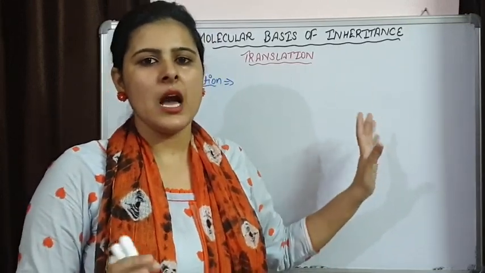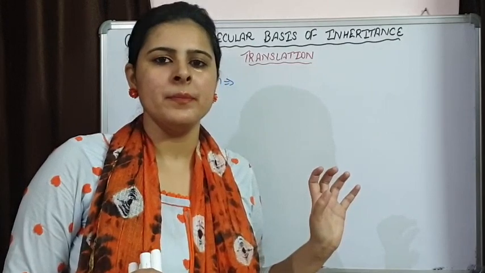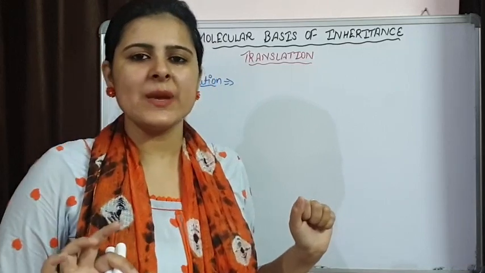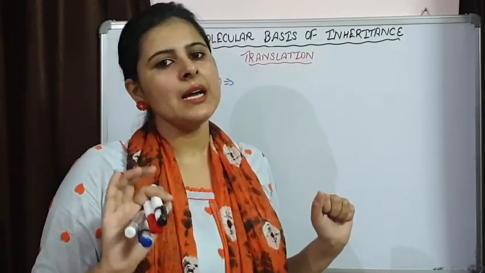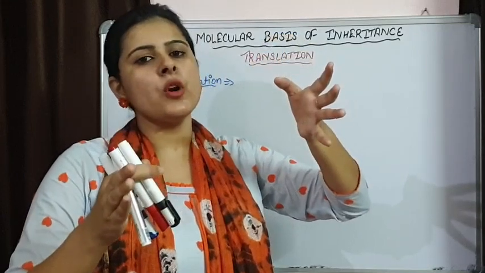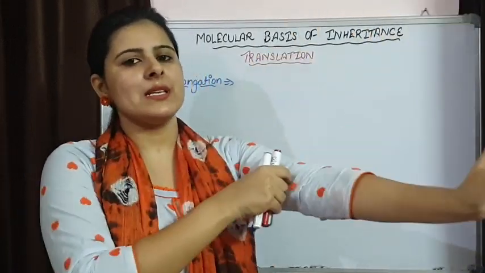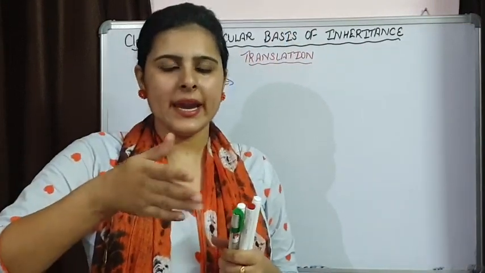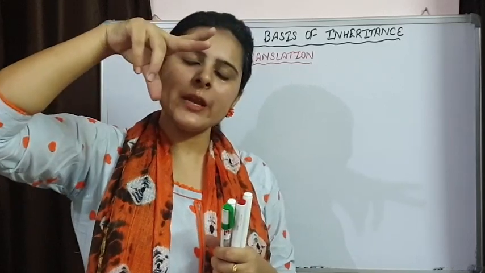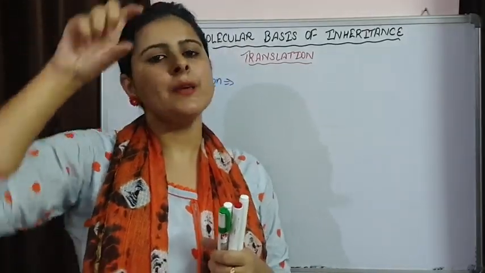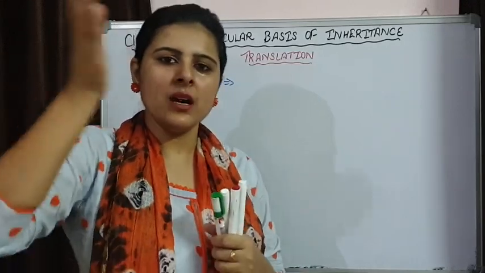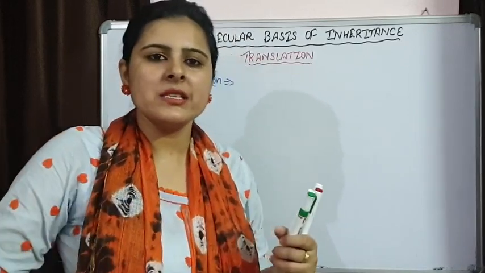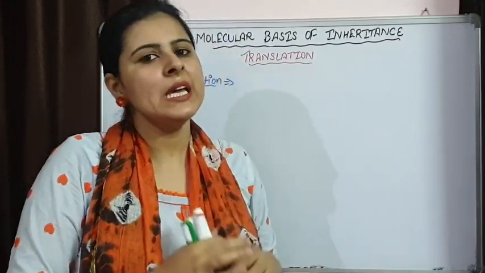So the next amino acid is going to come in the A site, meaning the next tRNA that is bound with a specific amino acid is going to come in the A site, and a peptide bond is going to form. One amino acid is present on the tRNA at the P site and one is present at the A site. So peptide bond formation takes place between these two and a dipeptide forms. Again a third one will come, a tripeptide will form. Again a fourth amino acid will come, and this is how the polypeptide chain will be elongated.